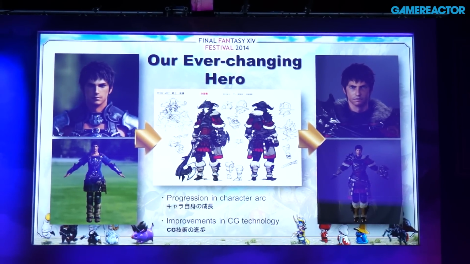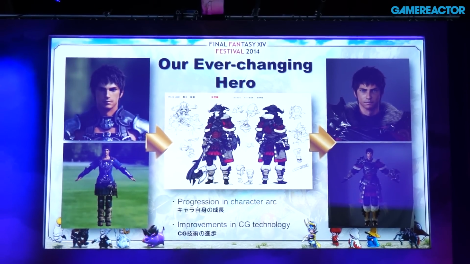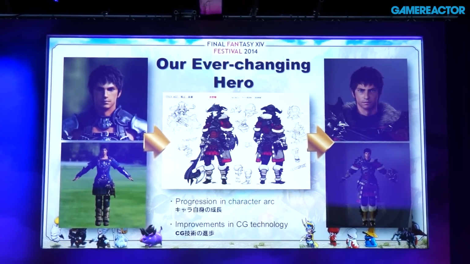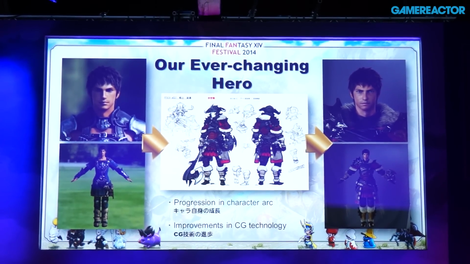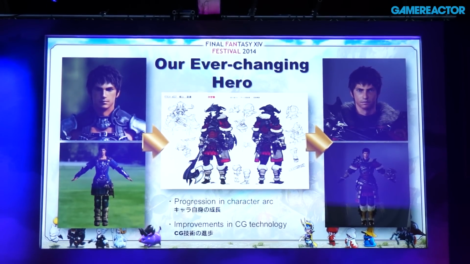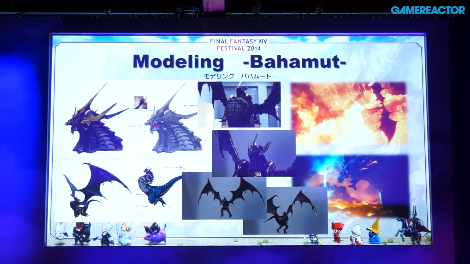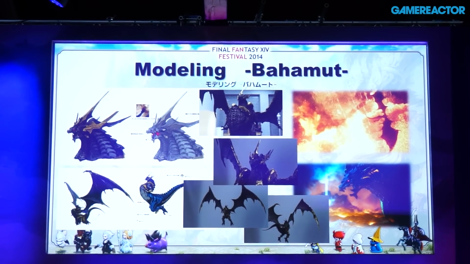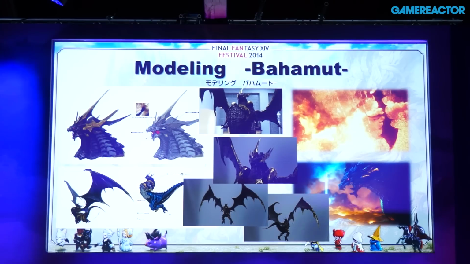Not only the age of his appearance, also the technology Visualworks uses evolves. When time passes, not only does the character get older, but also the technology changes and evolves. And as you saw with the 3.0 Heavensward trailer this morning,